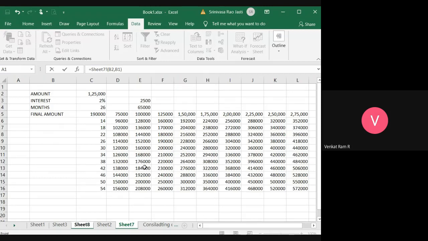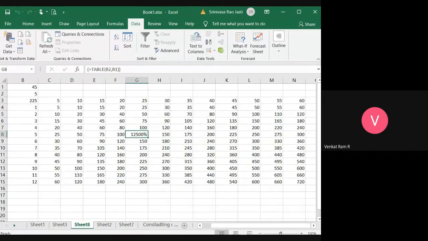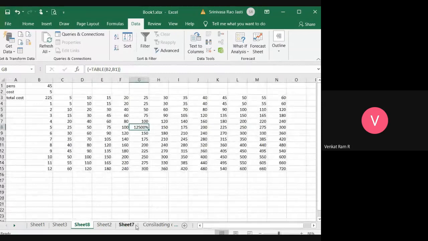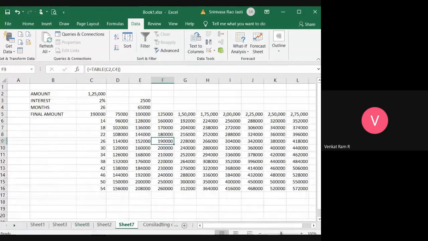See, I have typed here. Suppose I have taken 1,25,000 amount and interest is 2% and I am paying for 26 months.